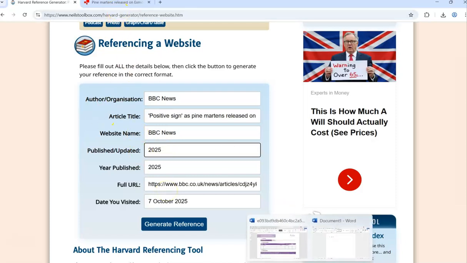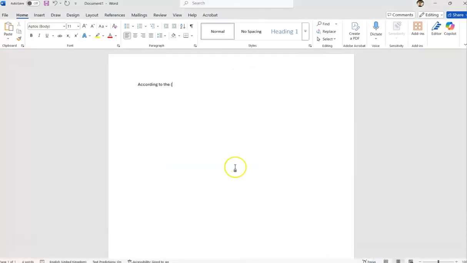So in your work, what you'd be doing is you'd have read that website, and therefore you'll be writing about that in your own words to answer the question that you've got. Okay, so this is a made-up question because the article's not relevant. So according to the BBC, so you're talking about the author, and you'd reference the year. So you're referencing in the text as well as in the reference list. So according to the BBC 2025, there are